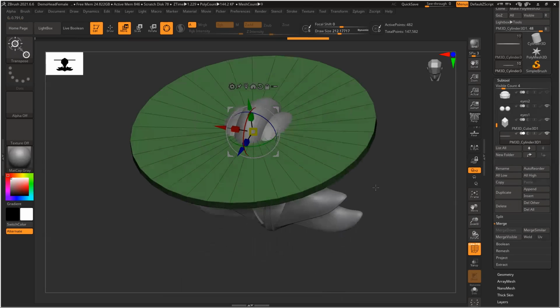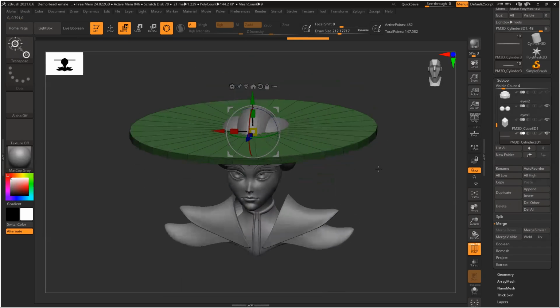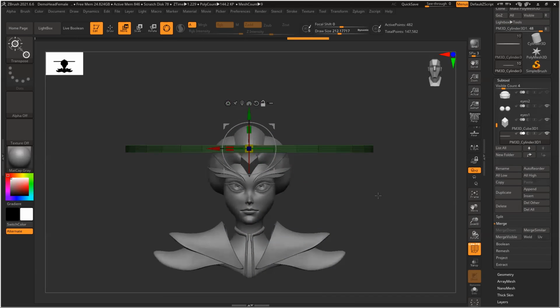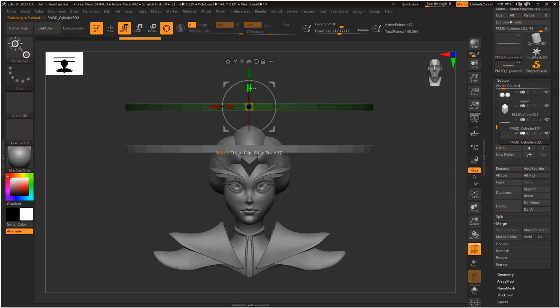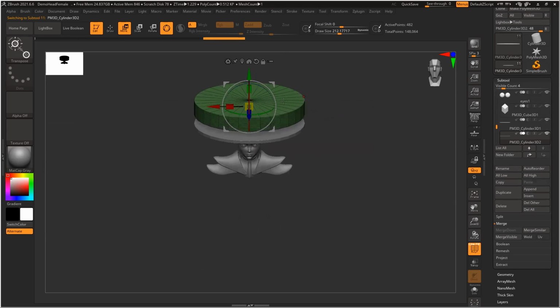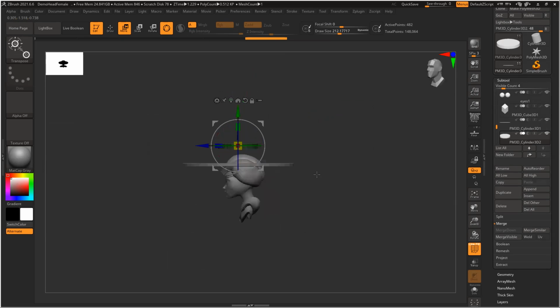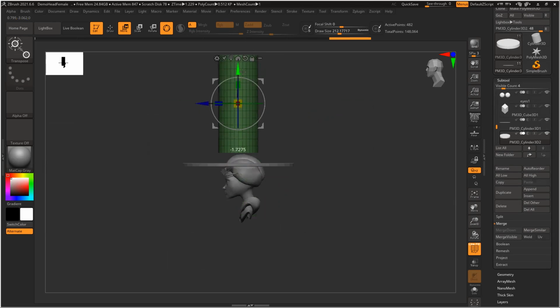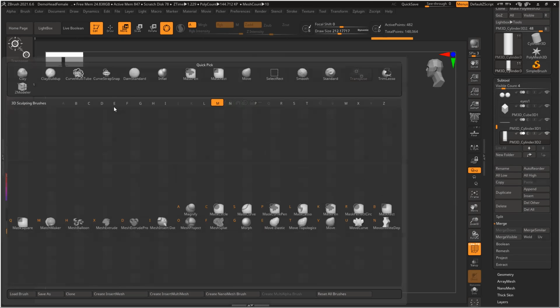Shift F, let me see the poly group and all. Control Shift D. Increase the thickness, reduce it. X, PMV.